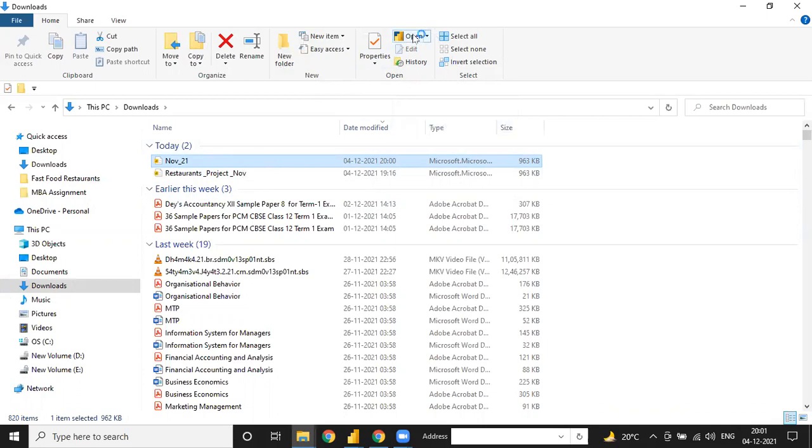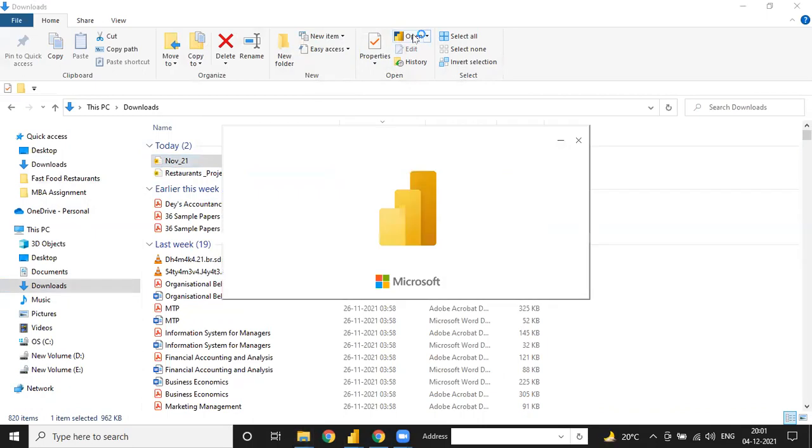Click on this open button, and in this way your file will open.